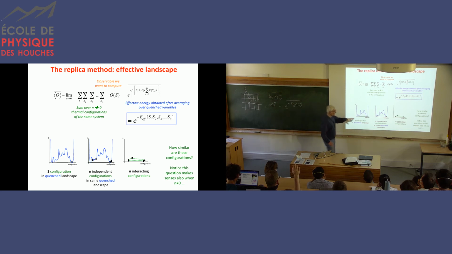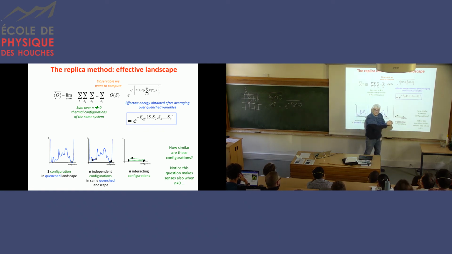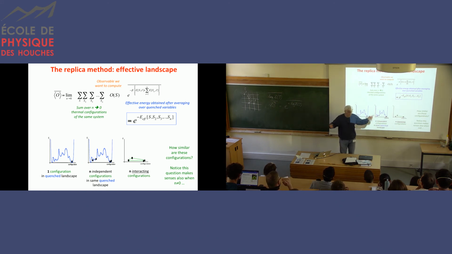Okay, so this is a very big idea, and the idea is that since these replicas used to live in the same landscape, they will be attracted by the same place. So we would expect that if you have very deep local minima, global minima, you would have a high similarity between these replicas, right? Otherwise, if it's a very flat landscape, they should all be completely different, for instance. So the measure of the similarities in this last step here should tell us something about the nature of the landscape on the left.